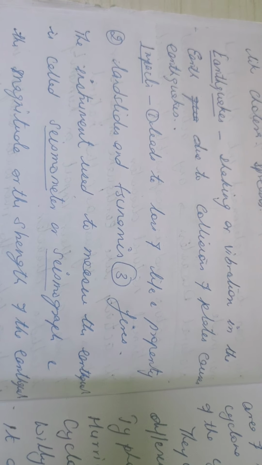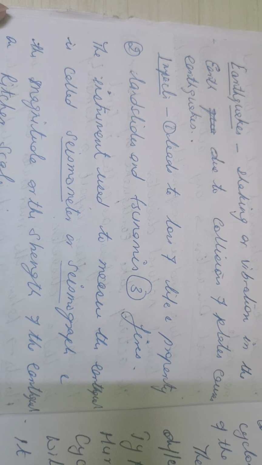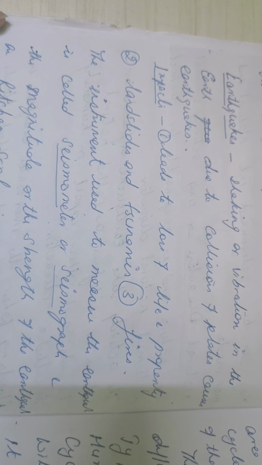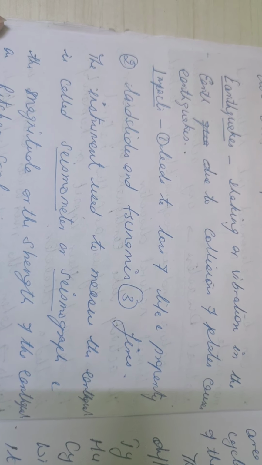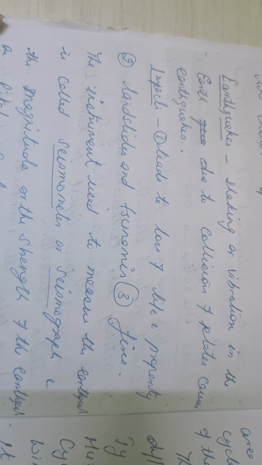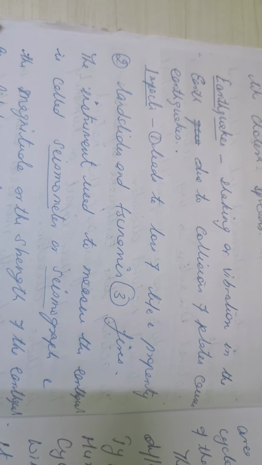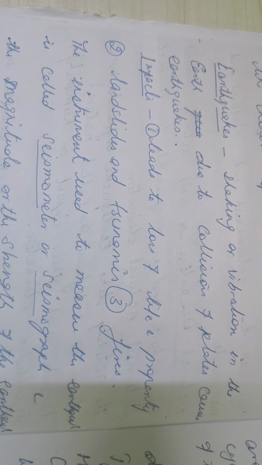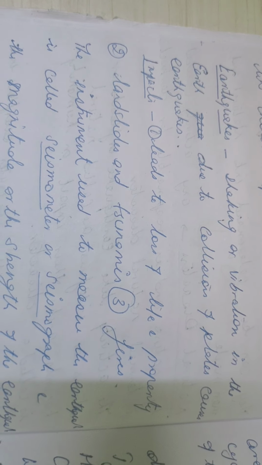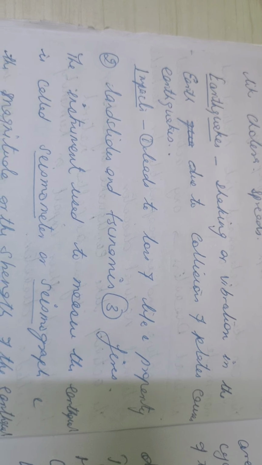The next natural disaster which we're going to pick up is an earthquake. I think since you are living in Dehradun, most of you must have experienced this at least once. Shaking or vibration in the earth due to collision of plates causes an earthquake. We know that the earth is made up of big plates, and these plates are always in motion. When they are always in motion, they are colliding against each other, and this collision generally causes some tremors